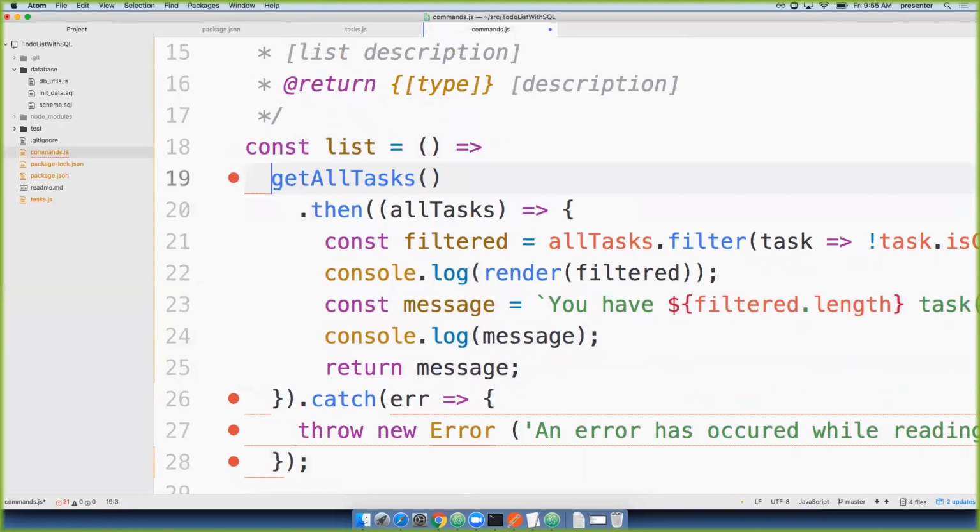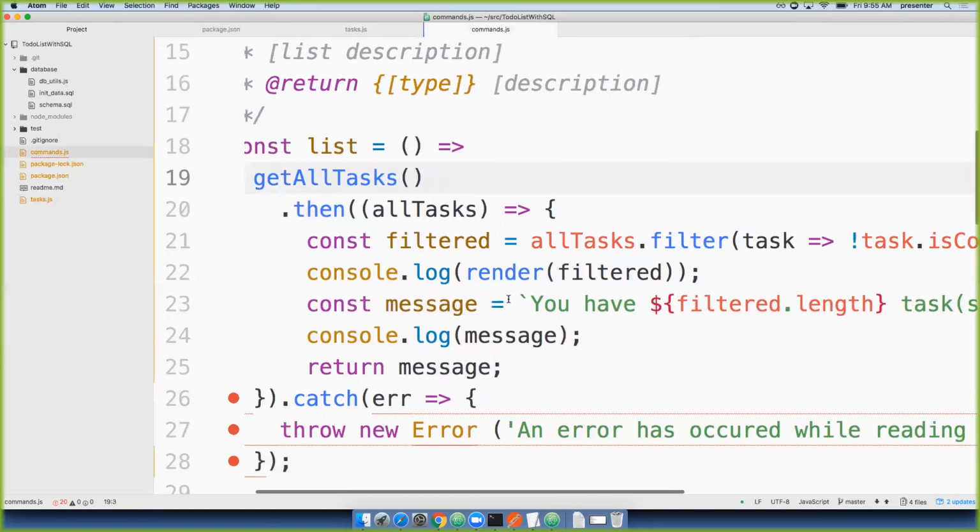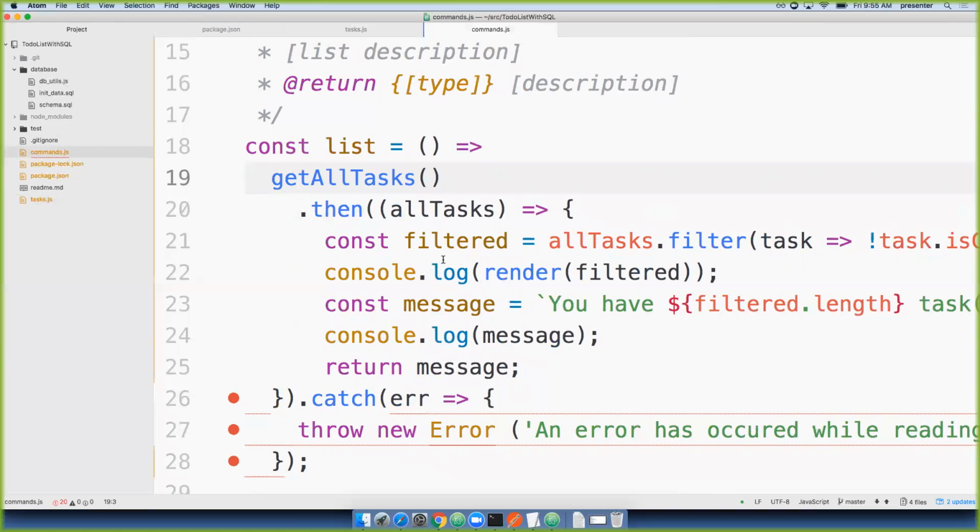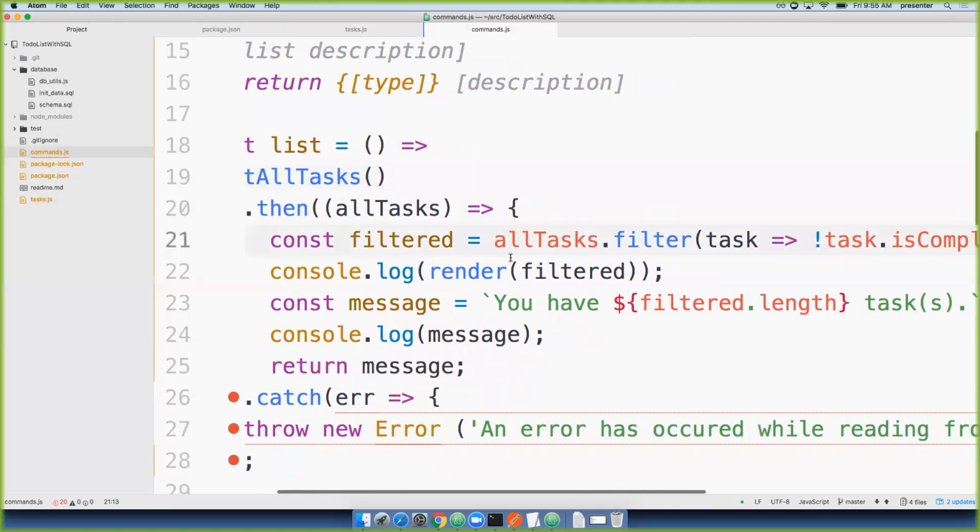And you can customize ESLint. If there are rules that you don't like, you can say, don't tell me about those, right? So I really recommend that you get ESLint working to your satisfaction. Okay, so you're taking all tasks that come out of this get all tasks, and you're doing filtered equals